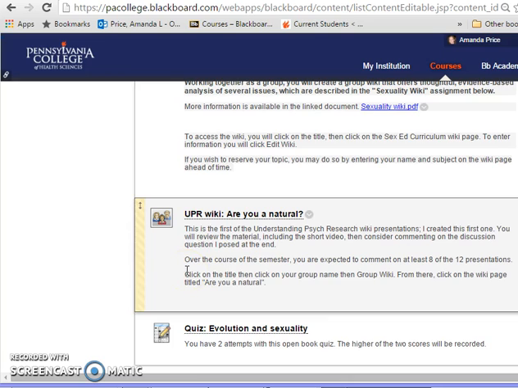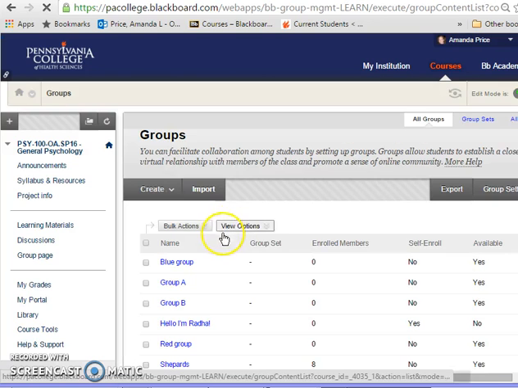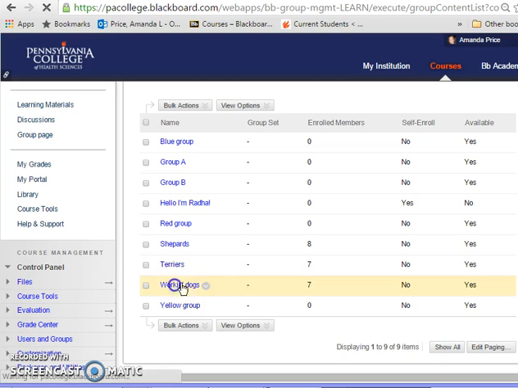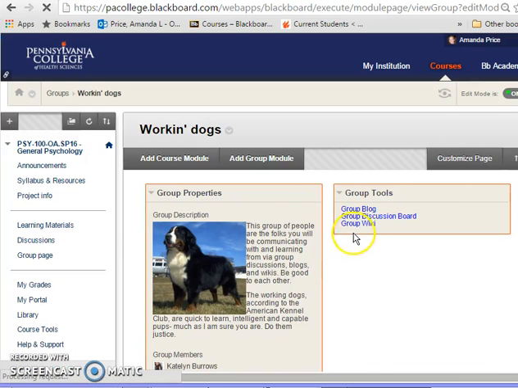It's just like last week. The other task that's related to the content, and you can choose if you want to contribute a graded piece or not, is most weeks you will be looking at the Understanding Psych Research wiki presentation that you or one of your peers has created. This week I have created the Understanding Psych Research wiki, and in order to see that, you would just go to your group page, open up the wiki,